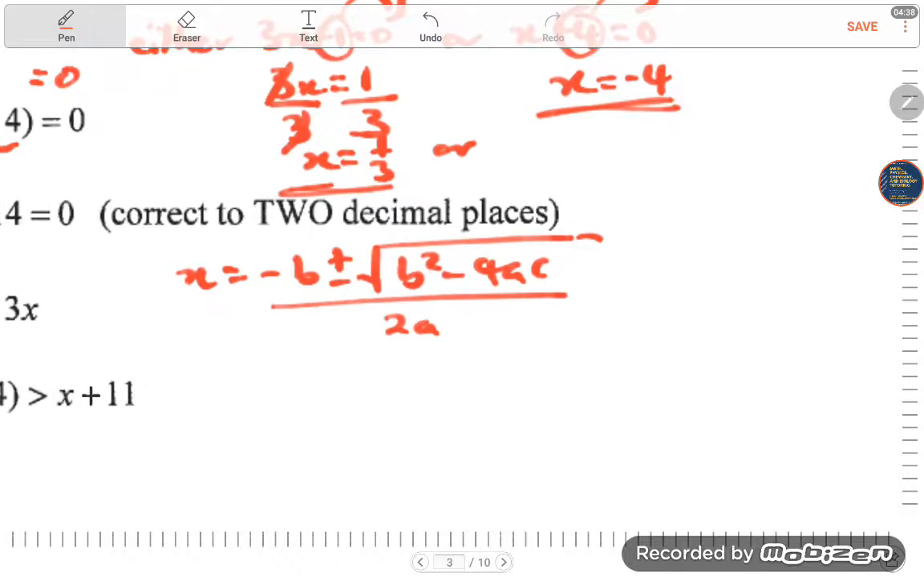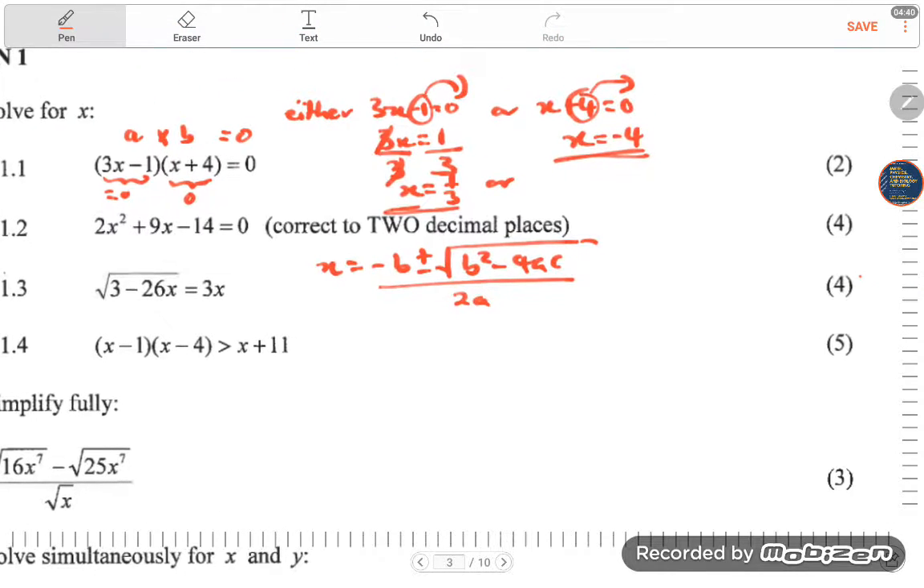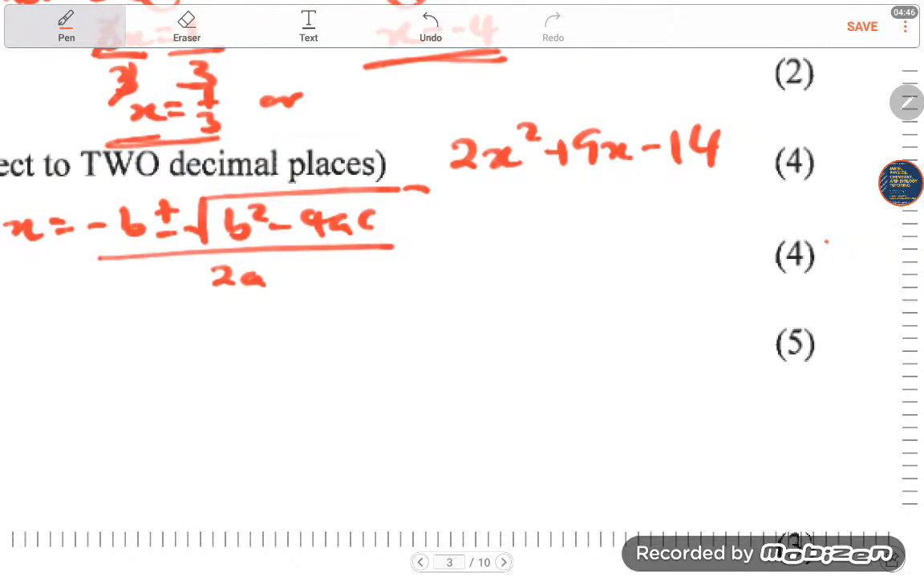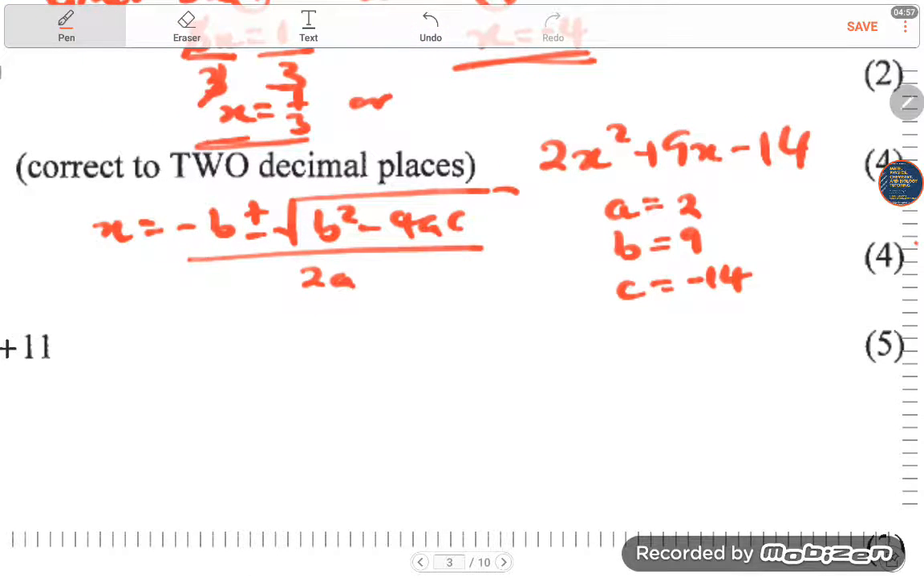Now, it's a great thing because I've seen students that actually, let me just write this here, 2x squared plus 9x minus 14. Now, I was saying students that quote what their a is, what their b is, and what their c is. This is a very crucial step, I think, in as much as it doesn't give you marks, it kind of clears your head without you having to do a lot of mental